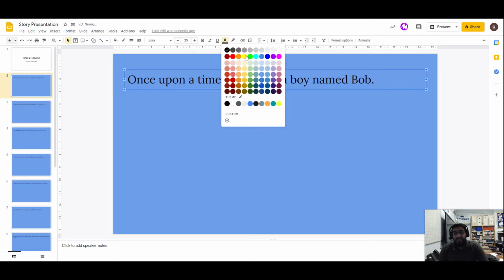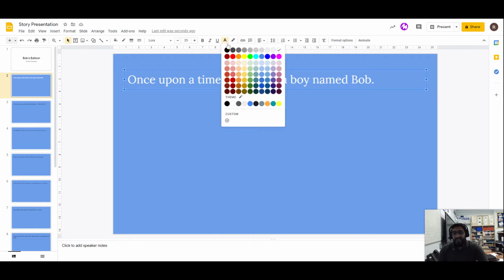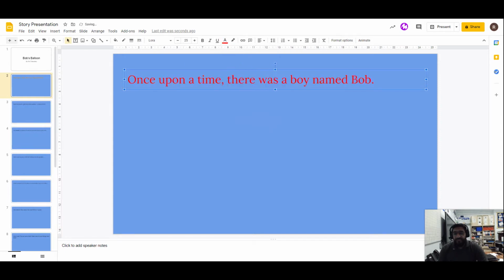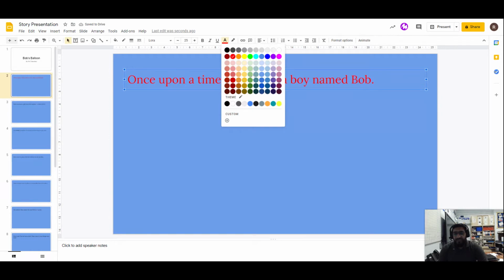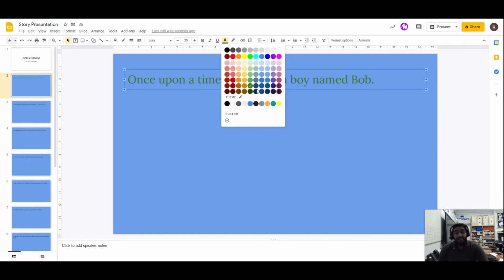Usually, black is a good color to use, and white, because they're very different to most colors. They're on opposite ends of the color scale. So we can try white. Oh, that does look good and it's still nice and easy to read. Oh, should we try orange? Oh, now that is clashing. Easy to read, but it's clashing. It's hurting my eyes. So let's not use orange. Should we try red? Oh, that's hurting my eyes loads. Let's try green. Oh, that does seem good, but again, not the easiest to read. My favorite color so far was the white, so I'm going to stick to the white.